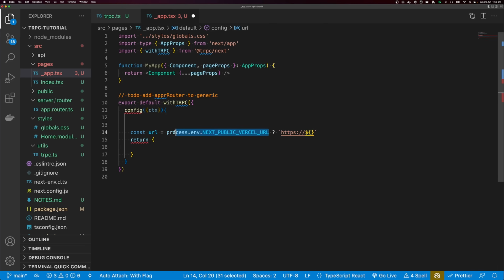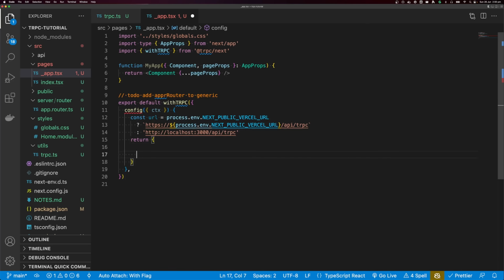Then we're going to get process.env.NEXT_PUBLIC_VERCEL_URL/api/trpc. Otherwise, it's going to be http://localhost:3000/api/trpc. Okay, so we could just return URL here, and this is going to make tRPC happy, but we want